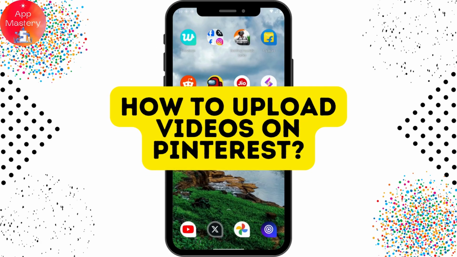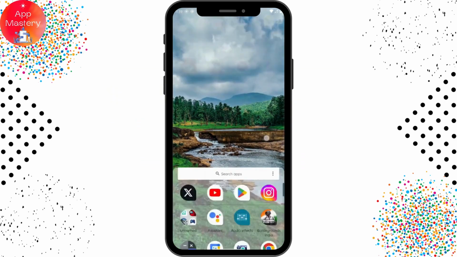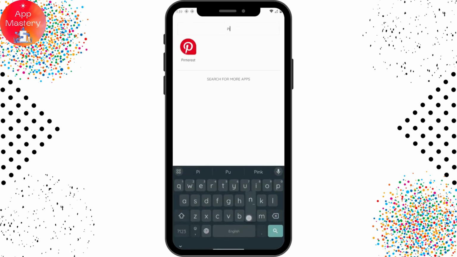How to upload videos on Pinterest. So if you want to upload videos on Pinterest, then first you can open up your Pinterest application,